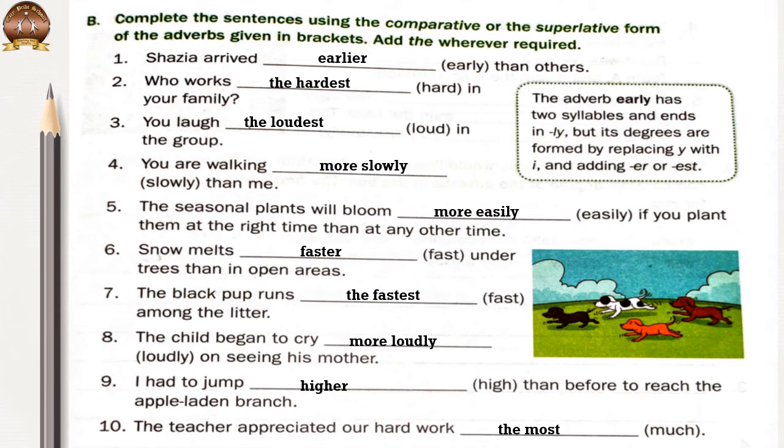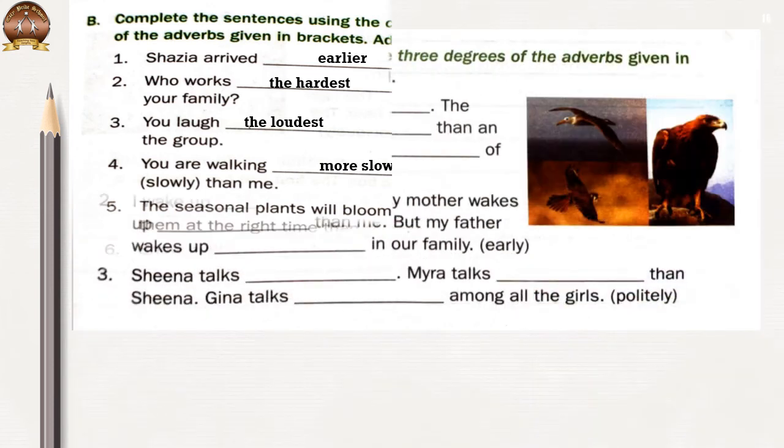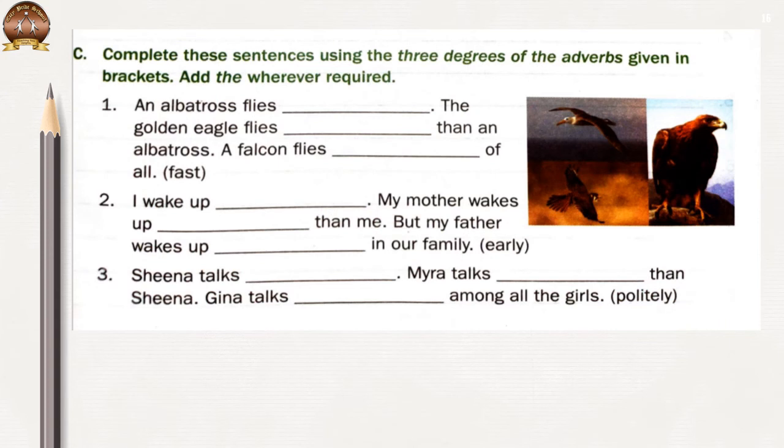When we see that the comparison is between many and we are choosing the best, then automatically we use the superlative degree. And how do we make the comparative? By adding er. And how do we make the superlative? By adding est. So all the rules that apply in degrees of adjectives apply in degrees of adverbs as well. Here we are filling in all three degrees.